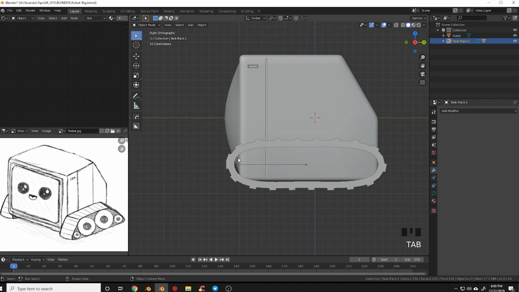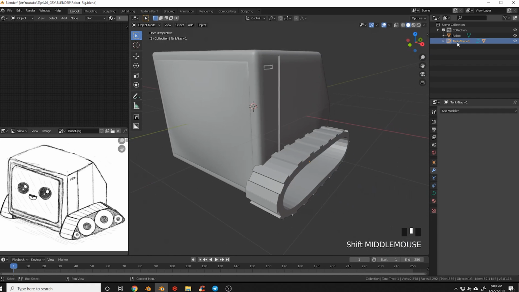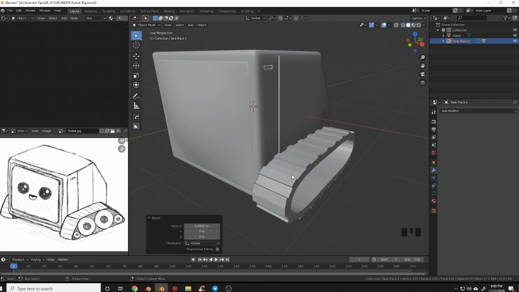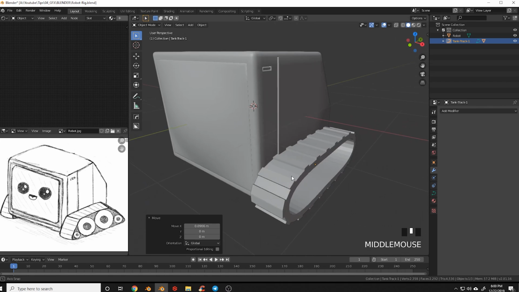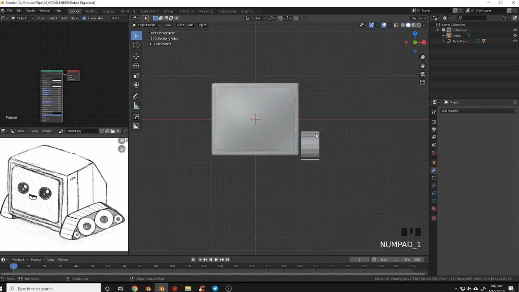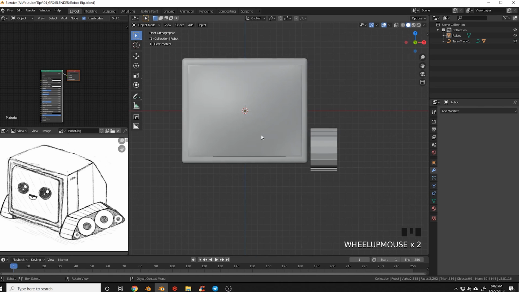And there we go. I'm pretty happy with that placement of the tracks. Let's just grab that curve there and make sure it's not intersecting in the side of the monitor. I want it close but not intersecting. What we're going to do is go over to front view and rig our